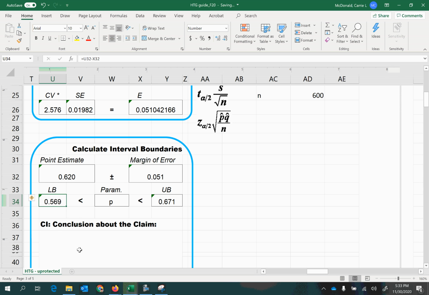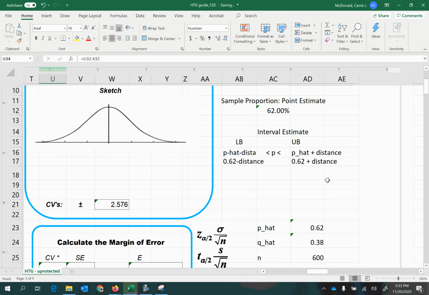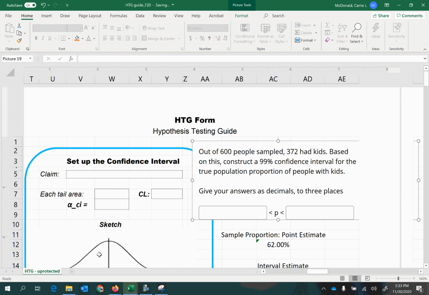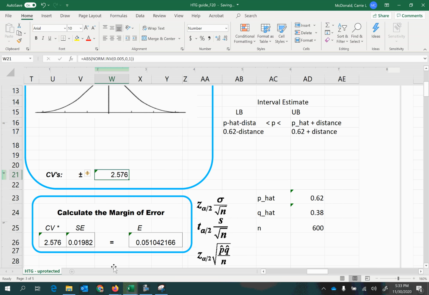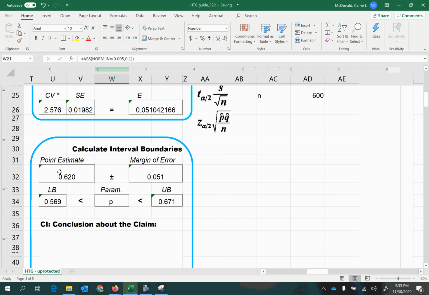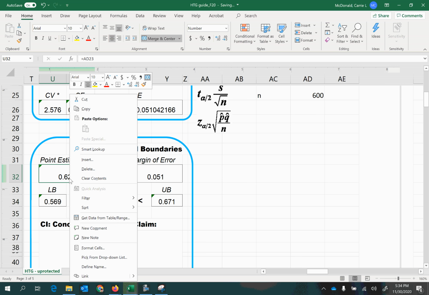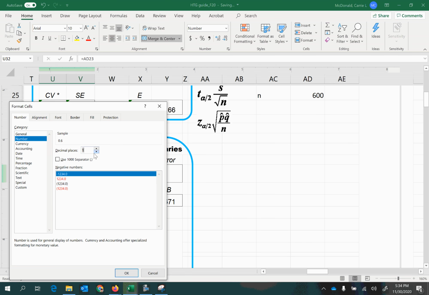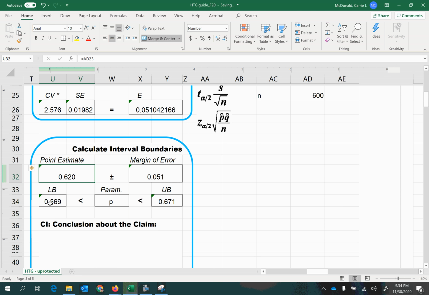And these are rounded to 3 decimal places. I think that's what was requested here. Yes, okay. So you can change the rounding and the format on all of these as you would like or as necessary, depending on the instructions of the problem. You just right click on the cell. You can go to Format Cells. You can choose number and change your decimal places. You can make it a percentage and do the same. Okay, so there's lots of options there, but that's the gist.